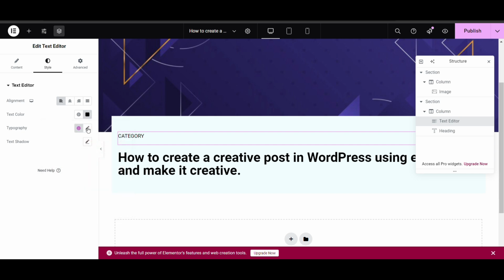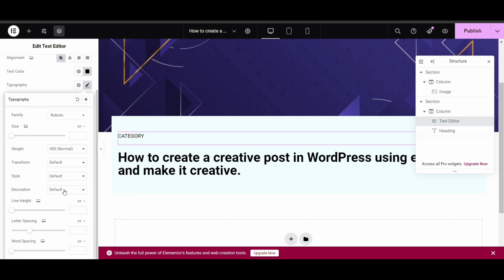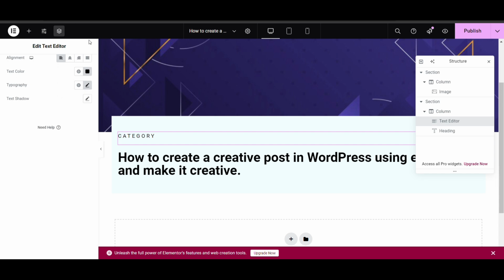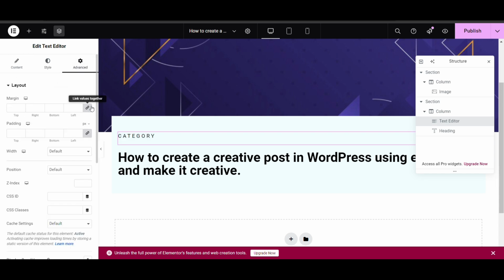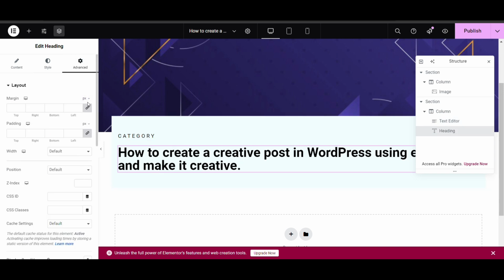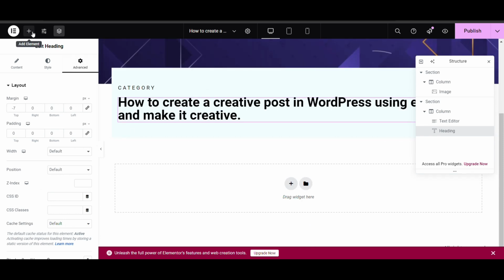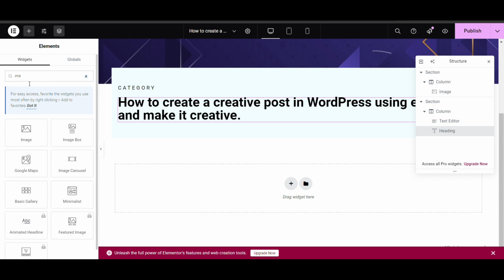Now you can style as per your requirement. Here you can add some details like author and date.